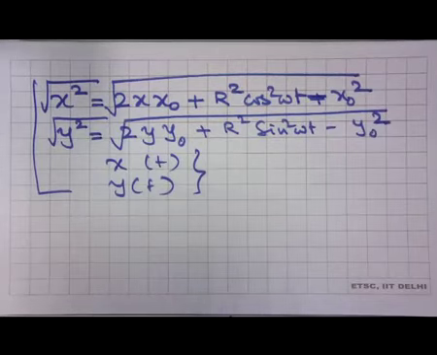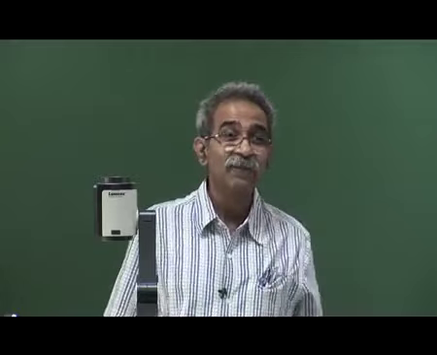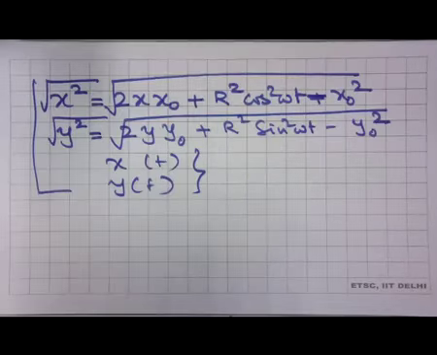Now I will complicate your life a little bit more. Imagine that there is a merry-go-round and it is going round and round with uniform velocity, and I am not observing that first of all from the center of that central pole where the merry-go-round is. I am standing somewhere outside, and standing somewhere outside corresponds to this x naught and y naught. Not only that, I am myself running. I am on a bicycle which is moving along a certain direction.